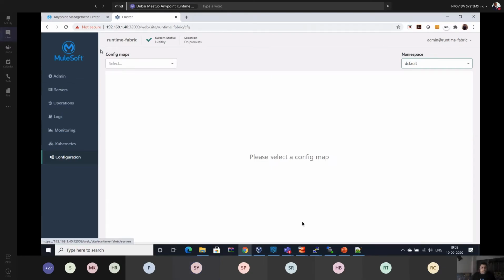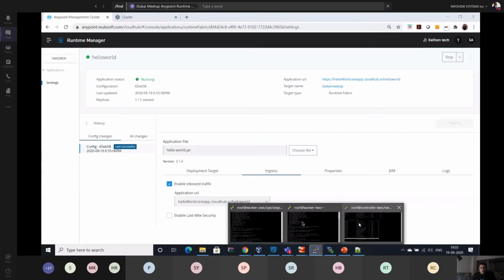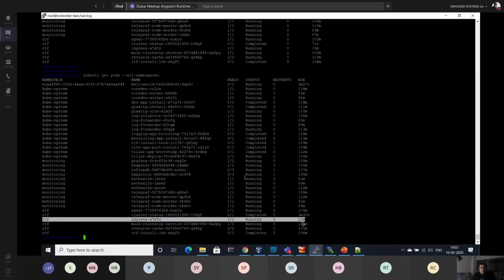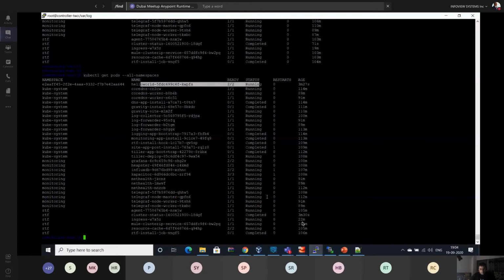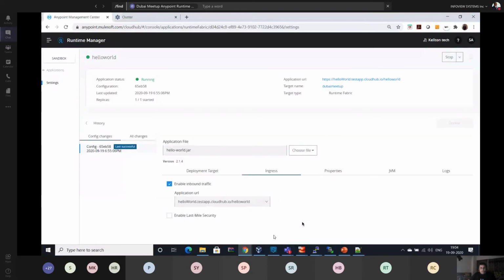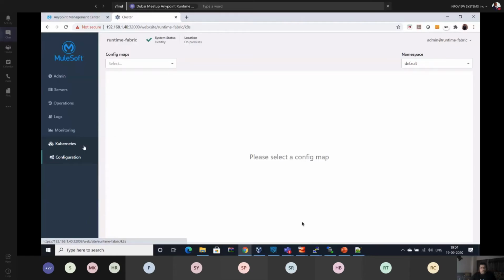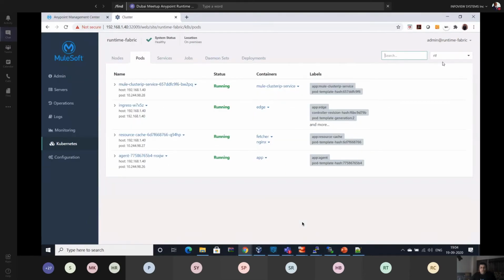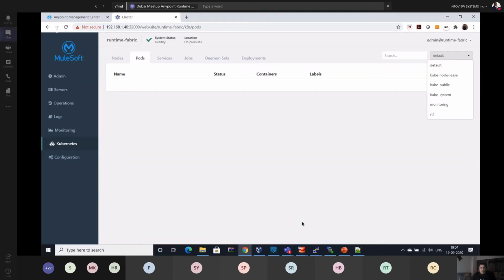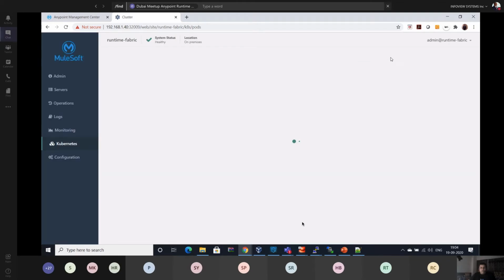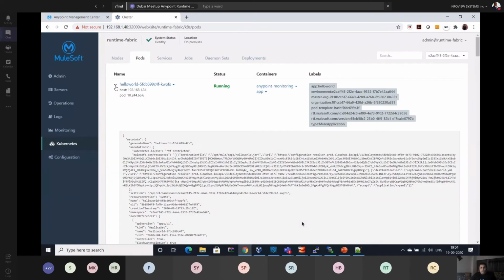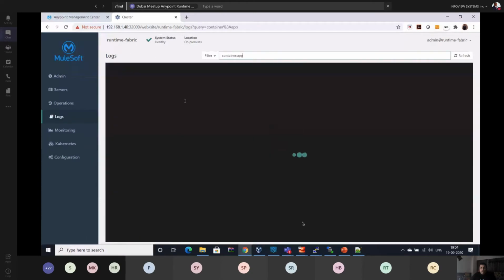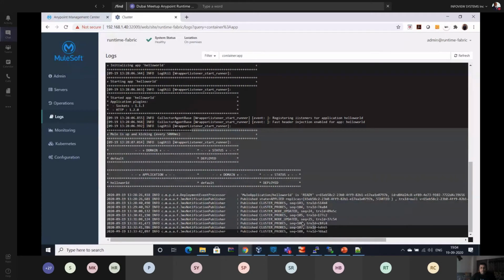So okay, I have deployed the application. You can see it is up and running now, right? Initially it was in the pod initializing stage, and now it's running. Okay, and you can see that in Ops Center. You can go to the Ops Center, go to Kubernetes. If you want to check the pods, you just go over here. Let me check the pods. It's not showing here right now. Yeah, it's here. You can see the application is deployed over here. You can find the logs. You can check the logs of the application deployed over here.